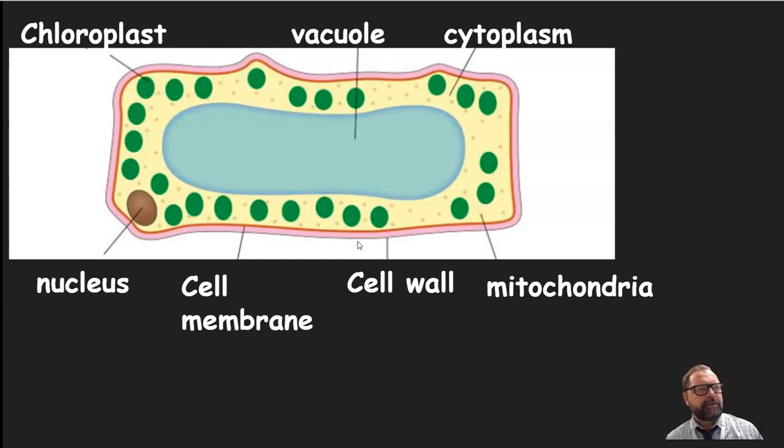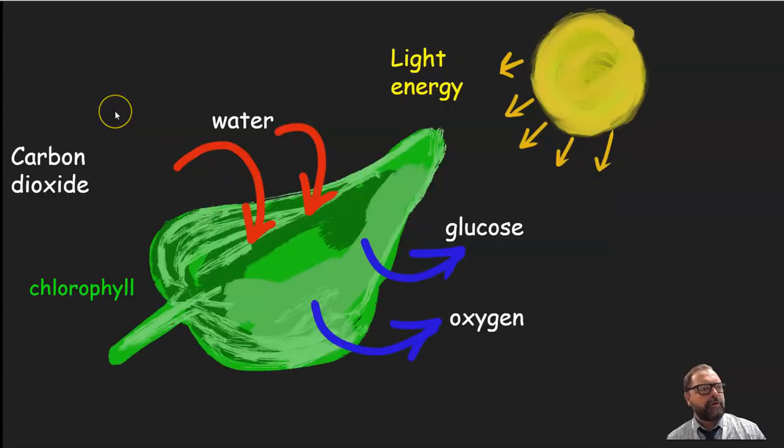Obviously the reactants for photosynthesis have got to get into the cell and diffuse through the cell membrane, and we'll be talking about that later on. Okay, so here we've got a diagram that's summing up the process of photosynthesis. You can see that carbon dioxide and water have to enter the leaf. Light energy and chlorophyll are required in order for the process of photosynthesis to happen, and the products of photosynthesis